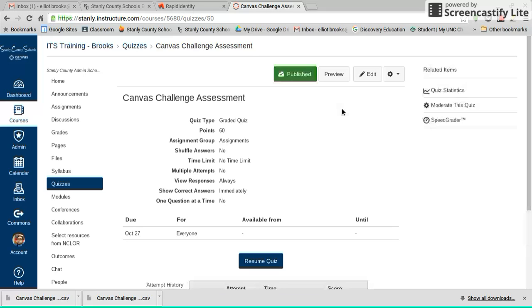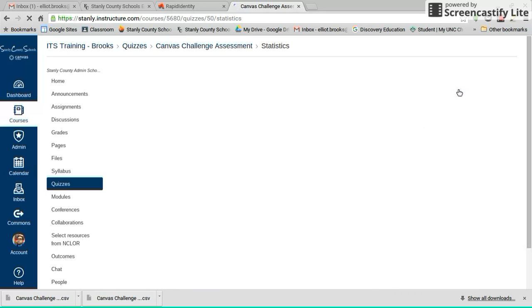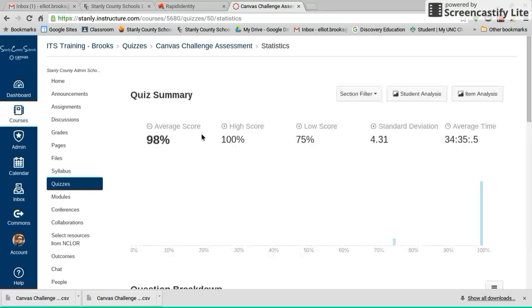And I now have quiz statistics that show up. This sorts through the data for you so that you can go through and not have to do this by hand. This would take you too long to do as a classroom teacher. So you notice that my average score is a 98, gives me the high score, low score. All that's nice, but this is where it gets very nice because it gives me an item analysis, a question breakdown. And it tells me that everybody got question 1 right, question 2 right, question 3 right,